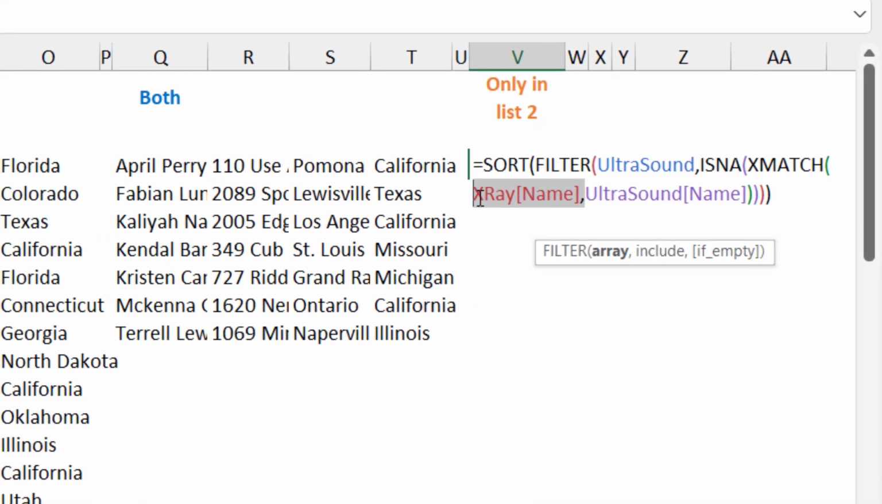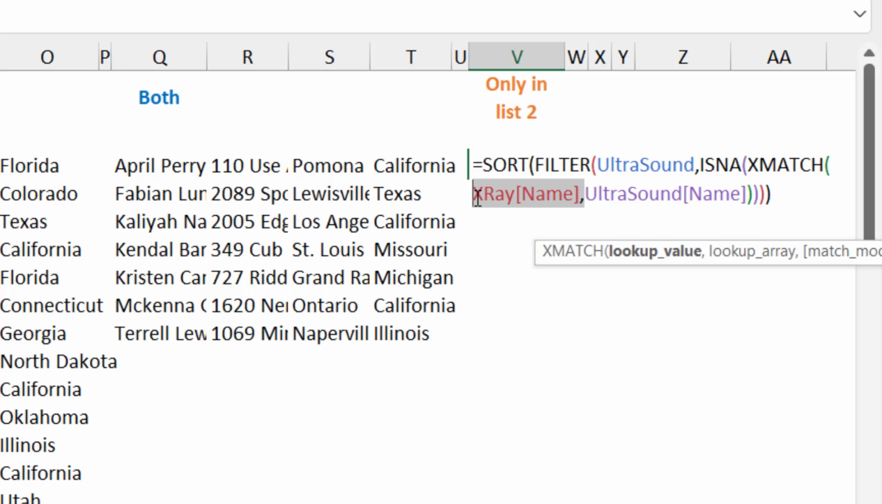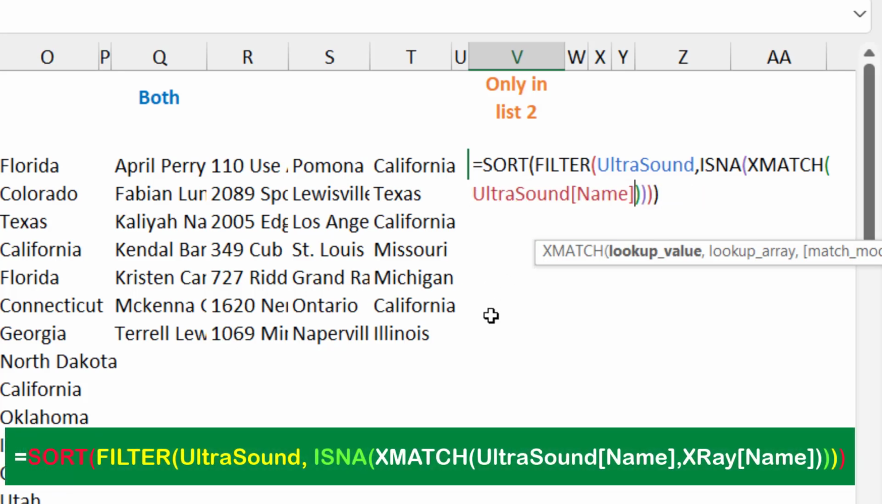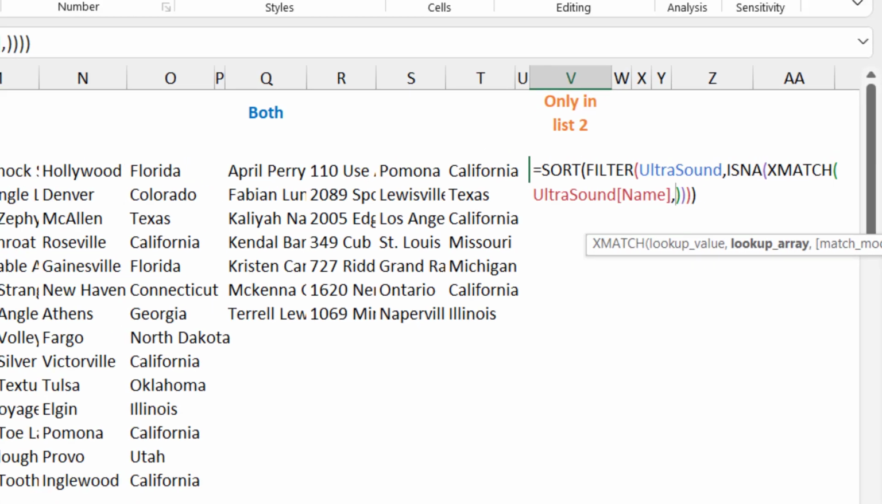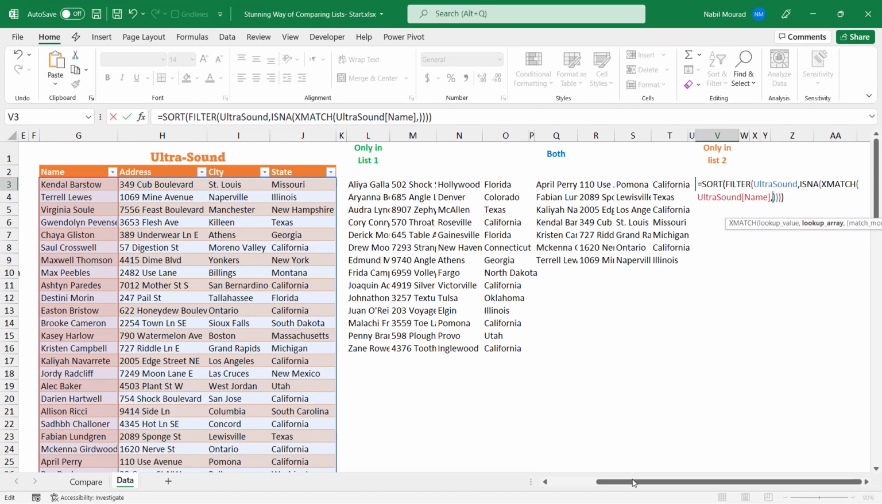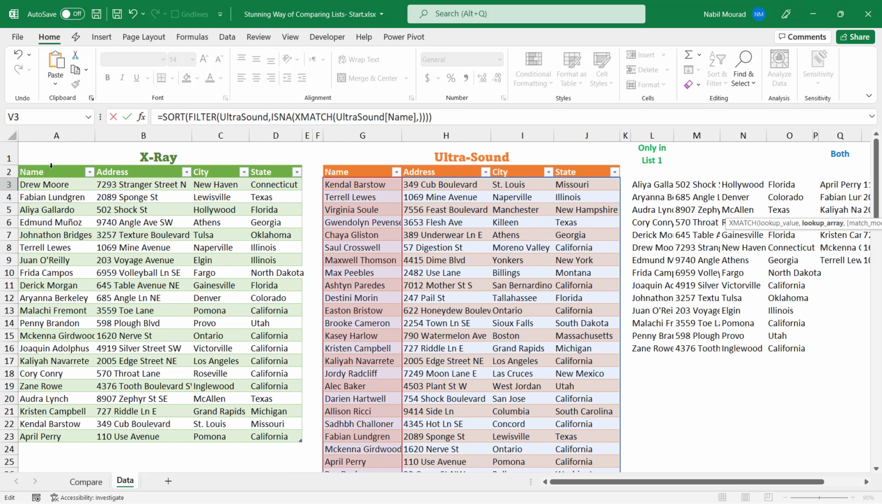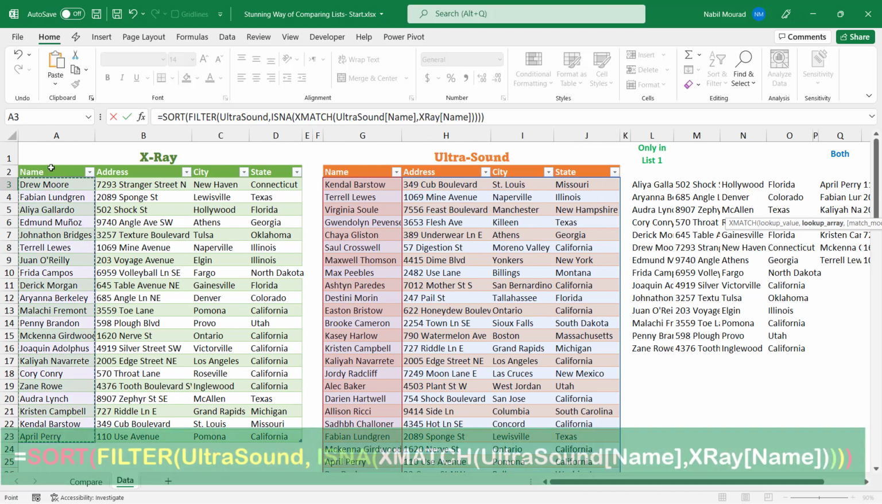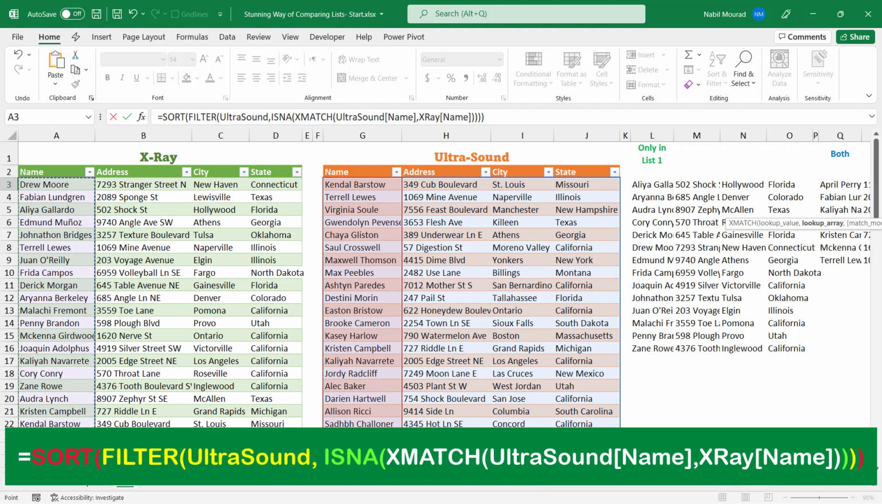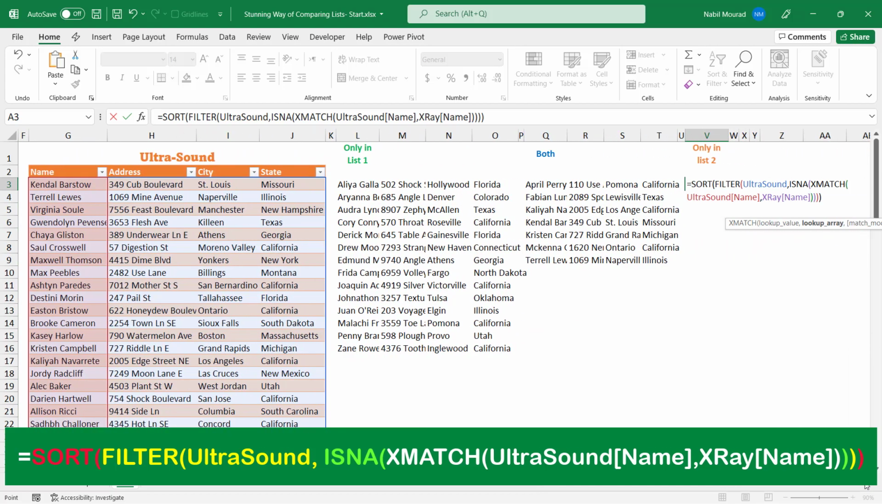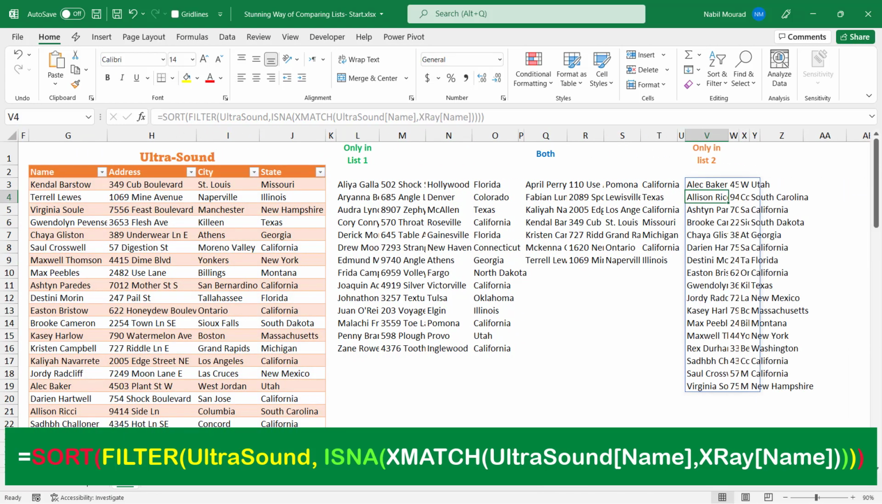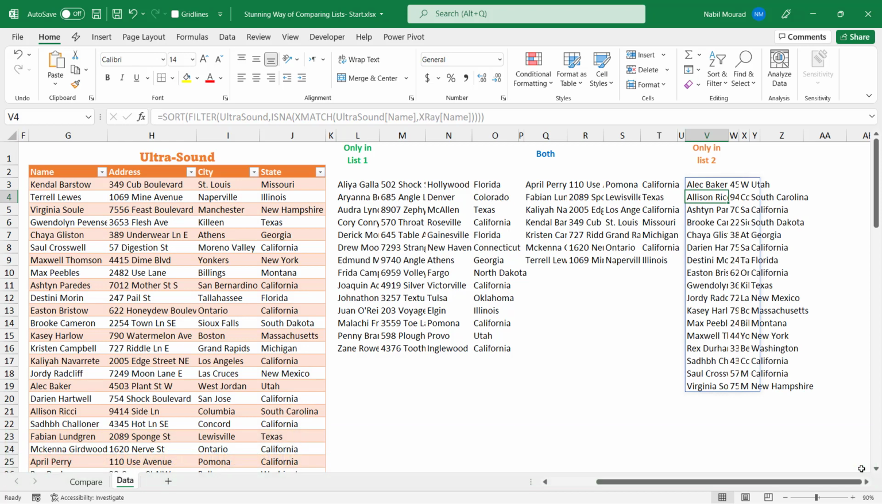Then I select the first argument with the comma of the XMatch function, and I click before the closing bracket of the XMatch function, and here I want to select the name column of the X-ray. I type a comma, and then I go to the X-ray table, and I select the name column. When I see the black down pointing arrow, I click to select the entire column, and I would have modified my function. When I hit enter, I get the list of names who had an ultrasound but did not have